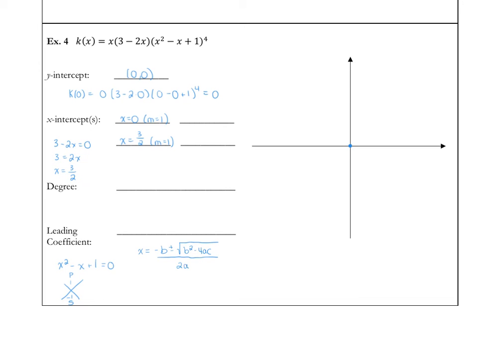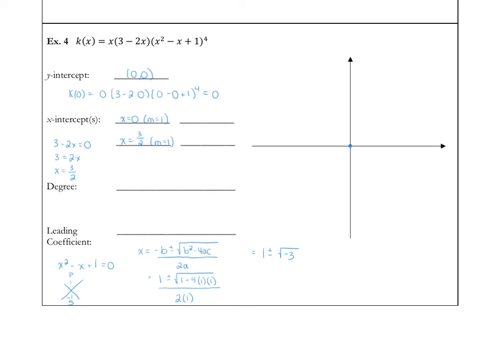And so in this case, b is negative 1. So negative b is positive 1, plus or minus the square root of b squared, well, negative 1 squared is positive 1, minus 4 times a times c, all over 2 times a. Okay, so when we simplify this a little bit, we get 1 plus or minus the square root of